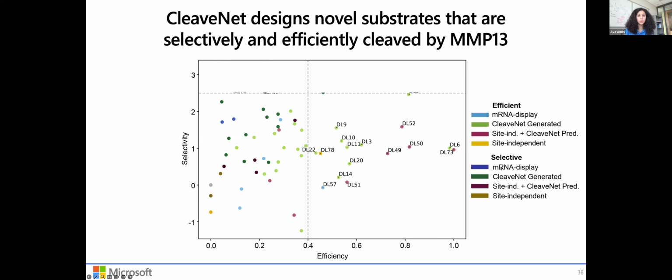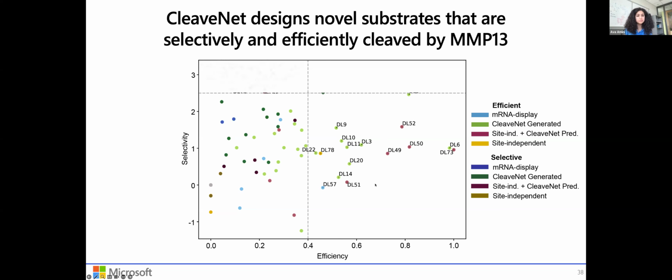In contrast, when we look at the bottom right quadrant, where now we have high efficiency but low selectivity, we were encouraged to find that our CleaveNet generations, both selected for efficiency, whether through unconditional generation and then scoring, or through site-independent baseline and scoring,